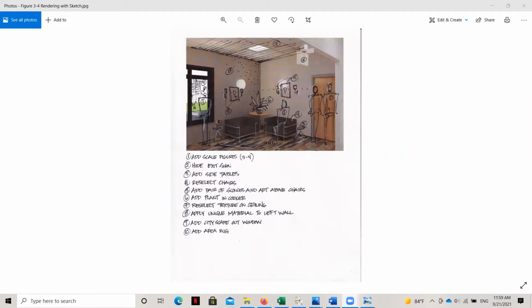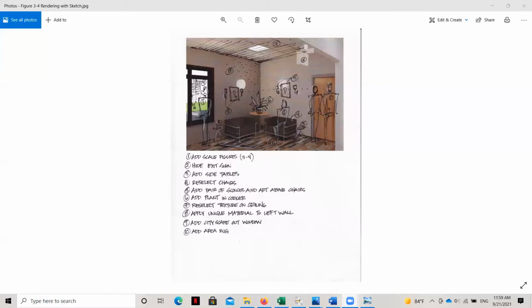So prior to sketching over this, I wanted to make sure that I included the elements that need to be included in all renderings. Regardless of how I create a rendering, I always make sure that I have a few scale figures if the size of the space allows, at the very least one, but I try to have a few. A view out the window or a background. And I also like to add in any kind of entourage, whether it's little knickknacks on tables or plants.